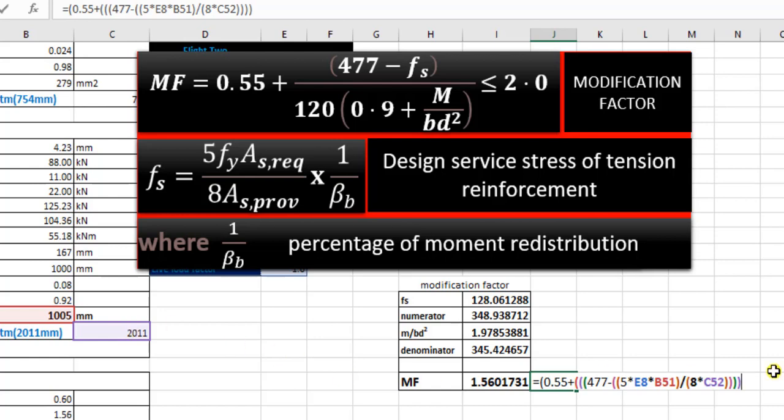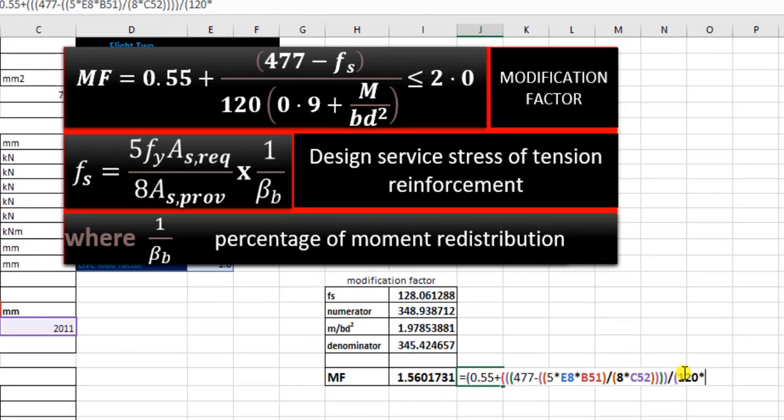Okay, we have closed our bracket to this point now. So now the next one will be for us to divide. When we divide, with what? Open bracket. Open bracket. We have what? Open another bracket. Okay, we have 120 times, we open another bracket, and we have 0.9 plus, we open another bracket,